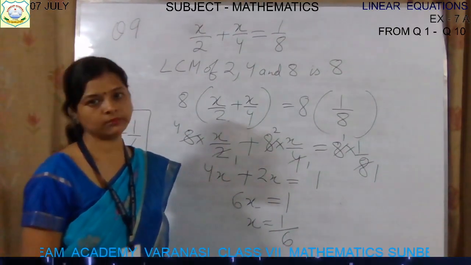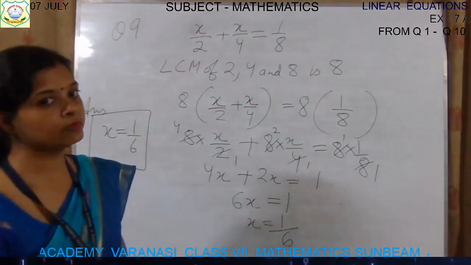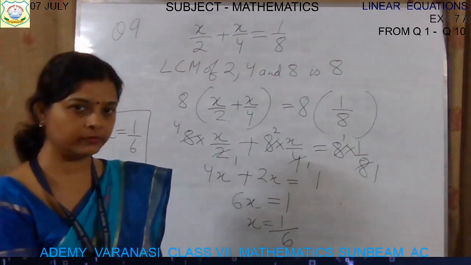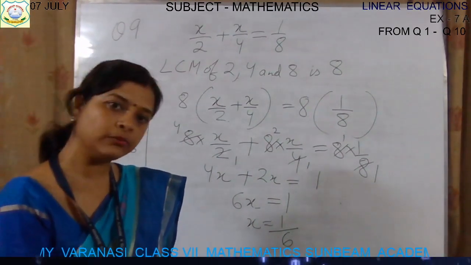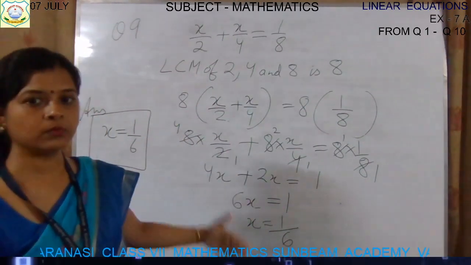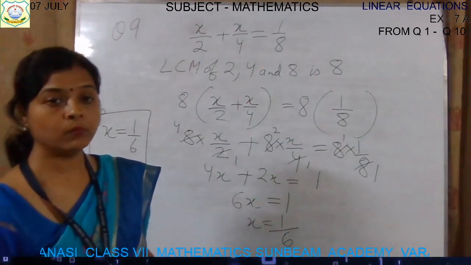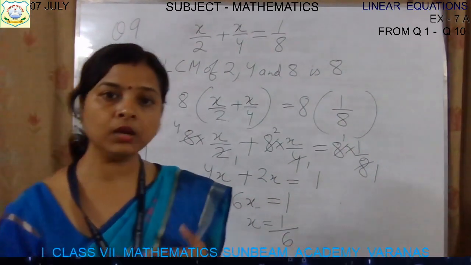And then do the check part also. Till the 10th question we will do the check part. After that the questions are bigger, so we will find the value of the variable only. We will not solve for the check portion. If you are interested, you can solve. Clear? So these are the questions 1 to 10 we have solved, but I have picked all odd numbers.